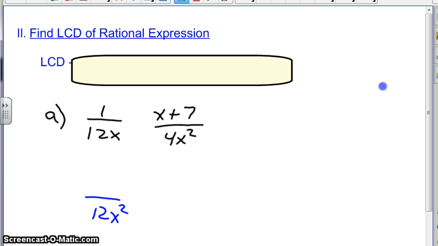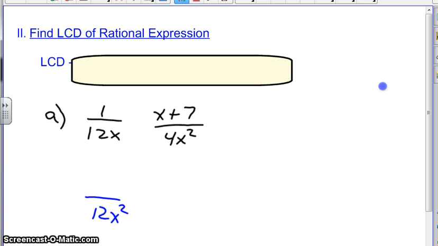Imagine there was no variable there. What would be the least common denominator for 1/12 and something over 4? It would be 12, right? They both could become 12. 12 times 1 and 4 times 3. And so what we've learned in the past, and you've been doing this since 5th grade, not with polynomials,